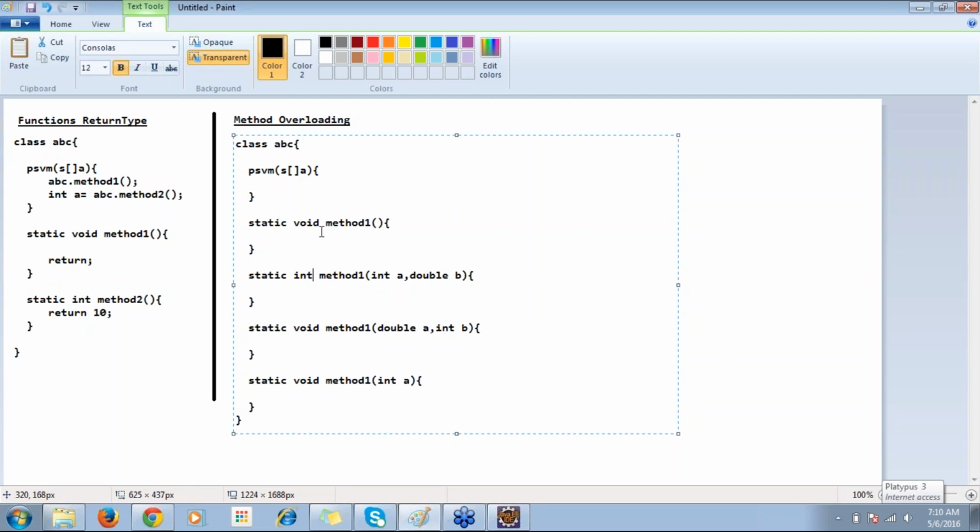So now if I want to call these methods, how do I need to call? All are static methods, so directly call with abc dot method1. Now which method will be called? It will go and call this method. Same thing, if I want to call this method, I need to give it as,